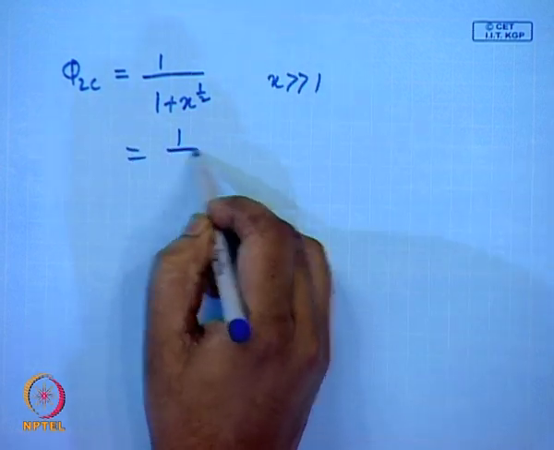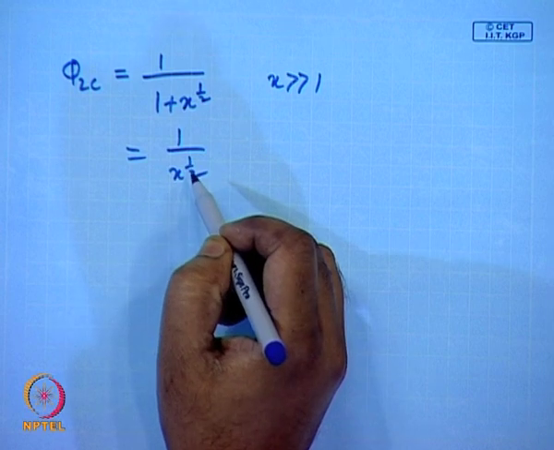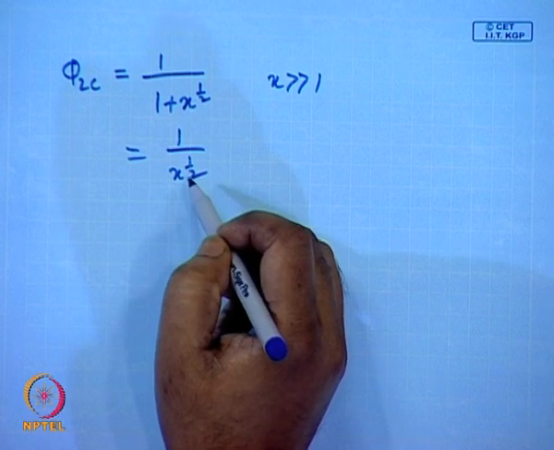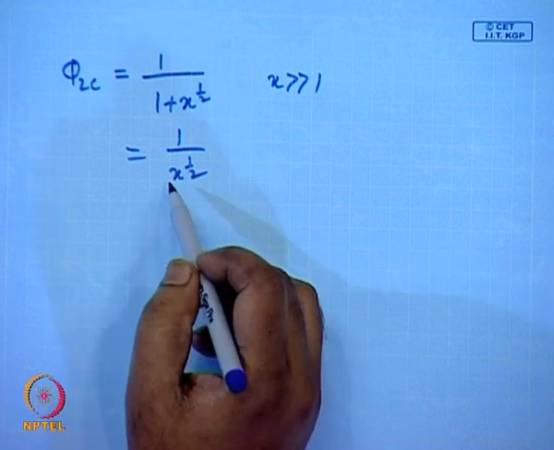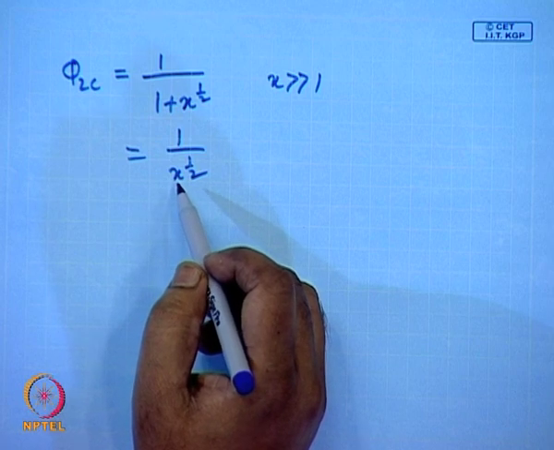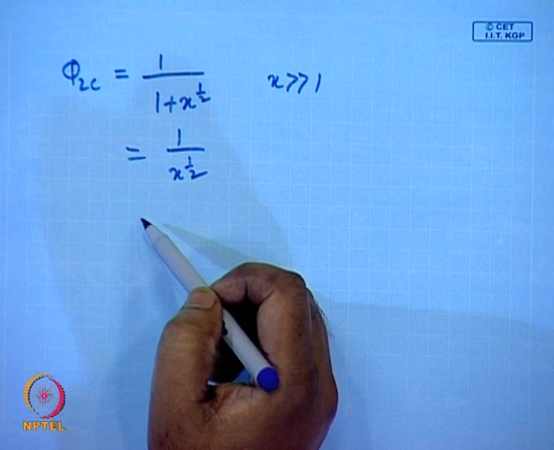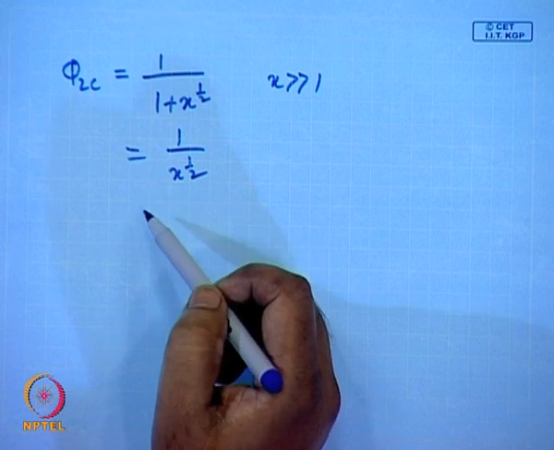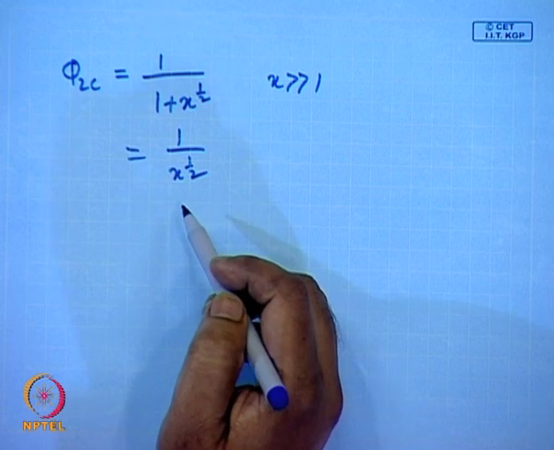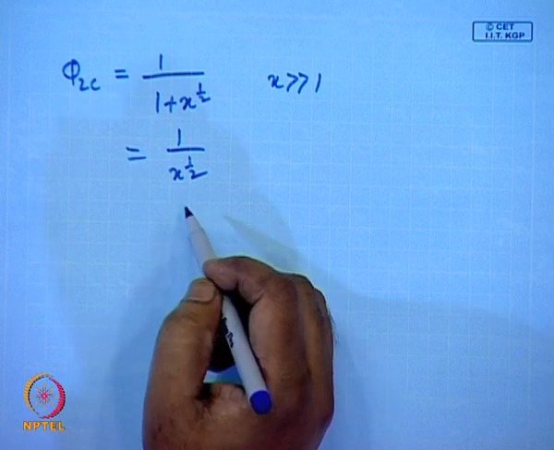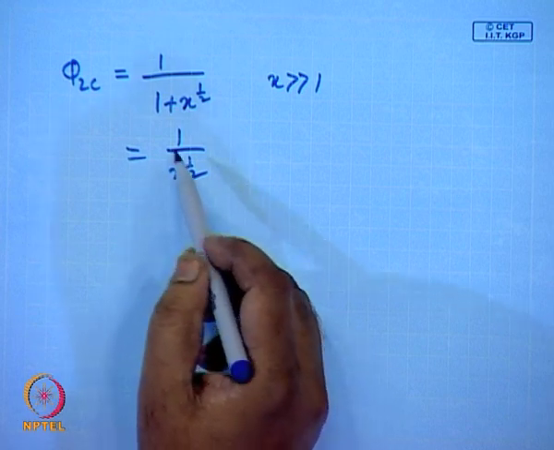So, you can write 1 by square root of x. So, the critical concentration at which the phase separation first appears, going from a one phase region to a two phase region, is thus predicted to occur at very low